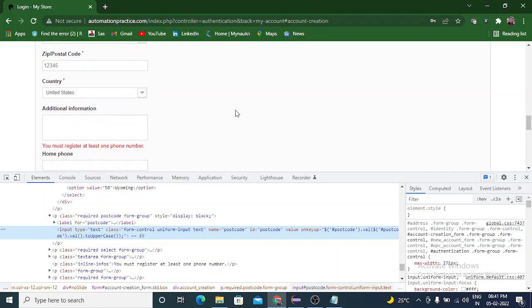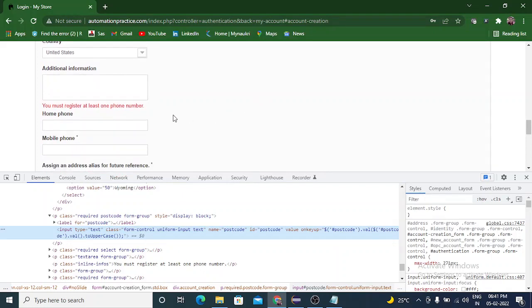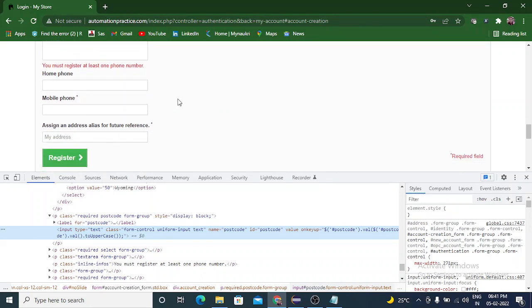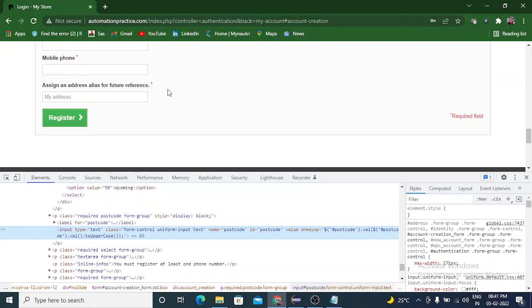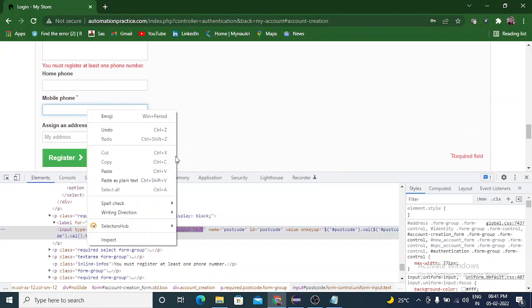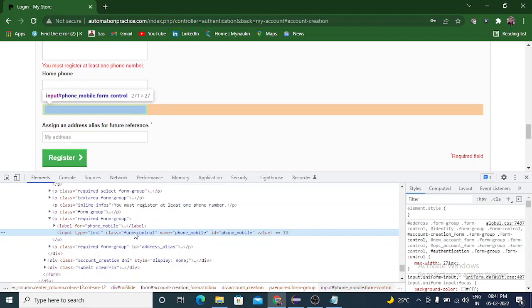Then United States is already selected, so we need not select that. Additional information, that is not required. Home phone number, that is also not required, so ignore those things as of now, because we have already automated this type of things. Then mobile phone number, inspect,